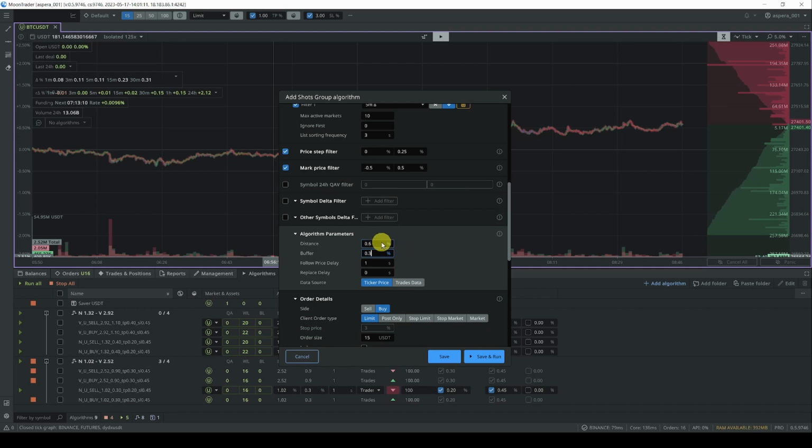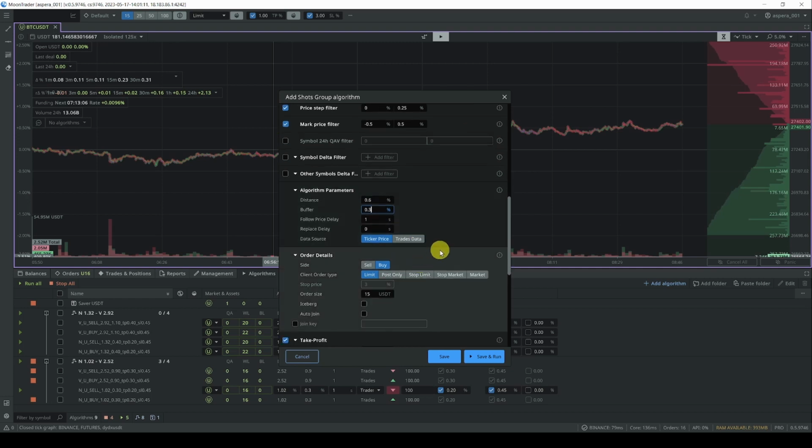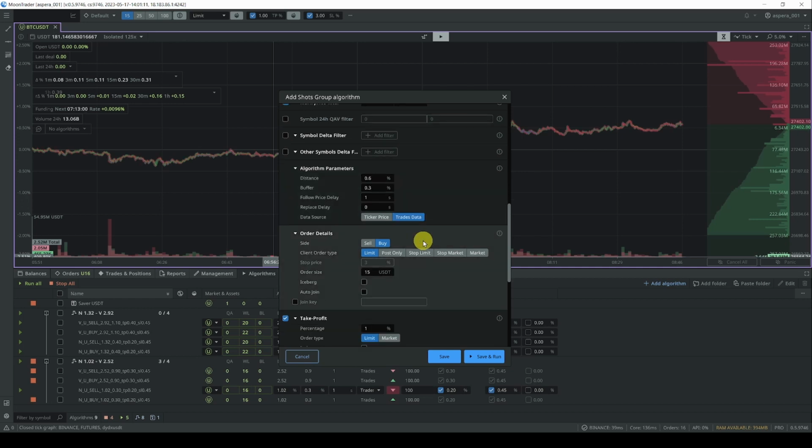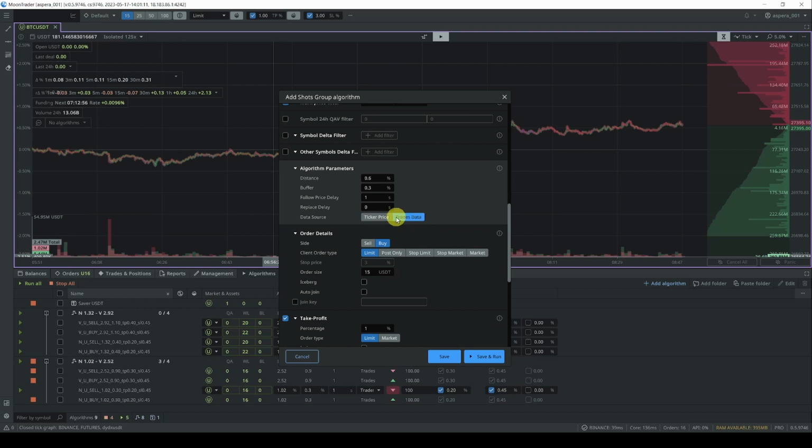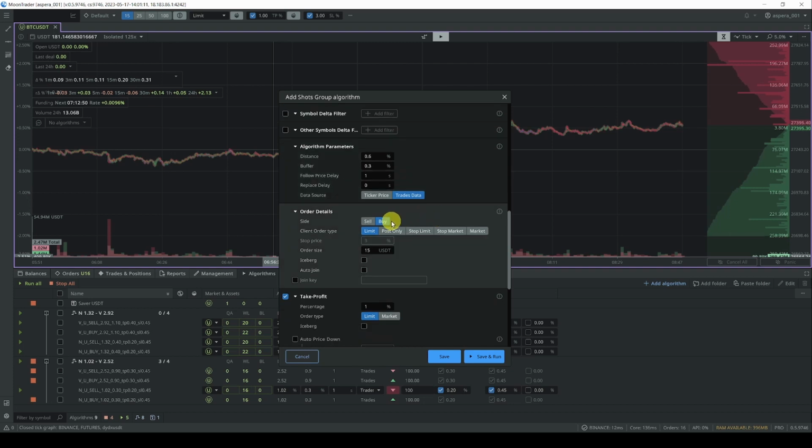Say 0.3 for a small buffer. Leave this alone. Let's use trades data instead of ticker price. I will explain a bit later what these are once I understand, but from what I know so far, trades data works better. We'll go on the buy side first,